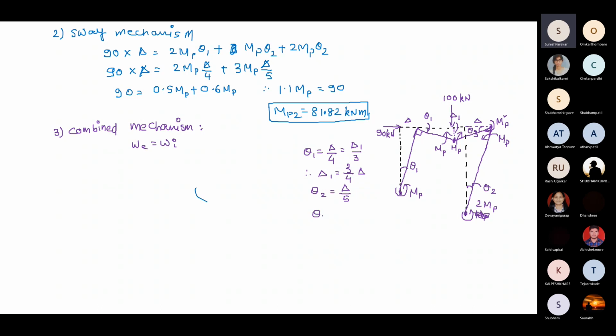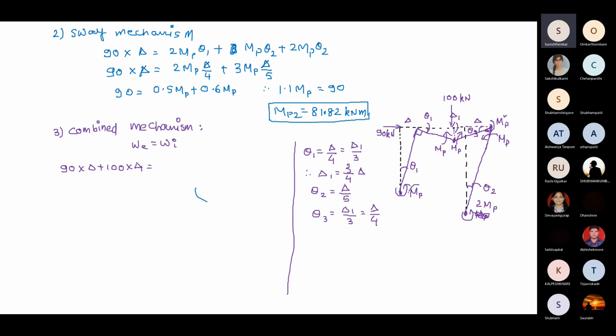Then theta 3 equal to delta 1 by 3, and this we can write also as delta by 4. And then we can have 90 into delta plus 100 into delta 1 is equal to